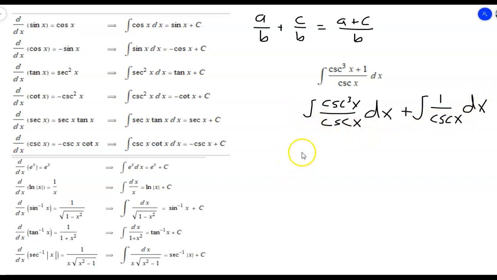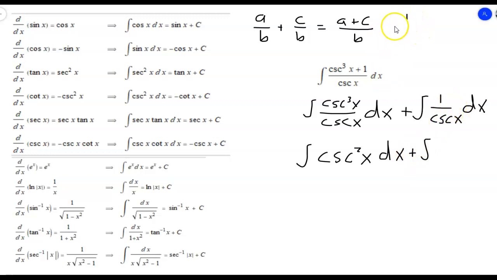So let's simplify that a little bit. One of those will come out. So we have cosecant squared of x dx plus,